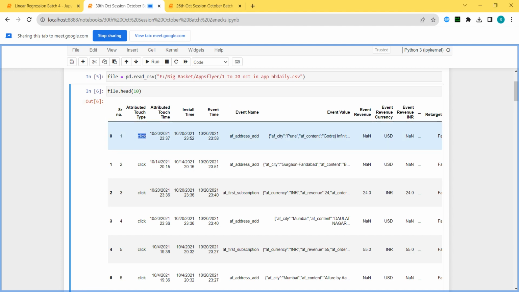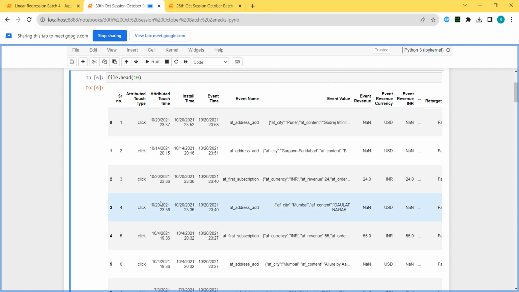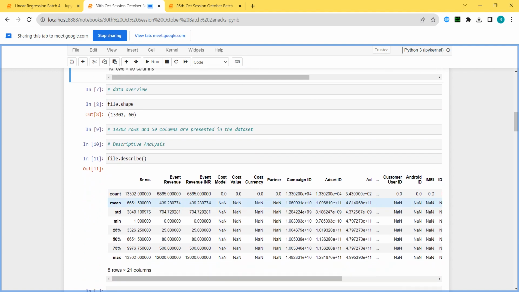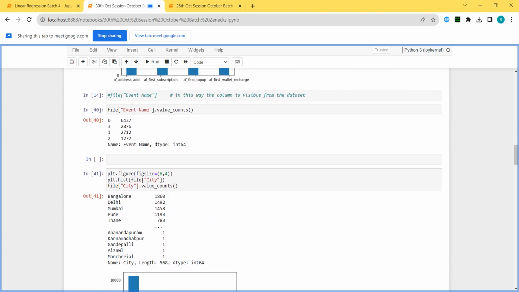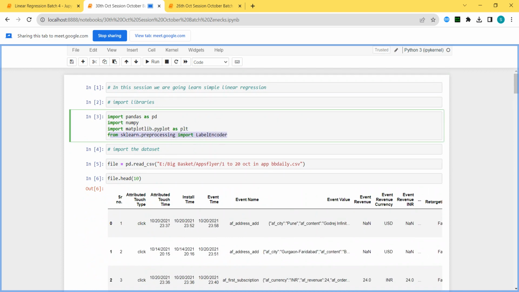In this also you can see, if I have only two different categories, it is very difficult for me to predict what is going to happen. Clicks, clicks, clicks, click everywhere. Only based on click, if we want to judge the revenue, everything will be the same. Only one extra library I have imported.